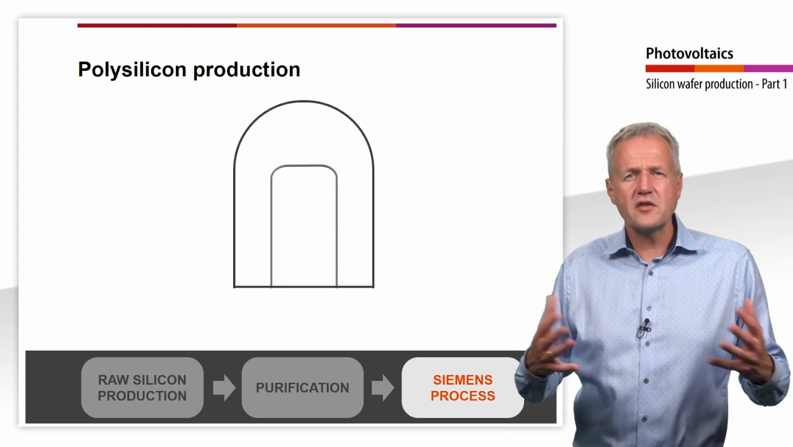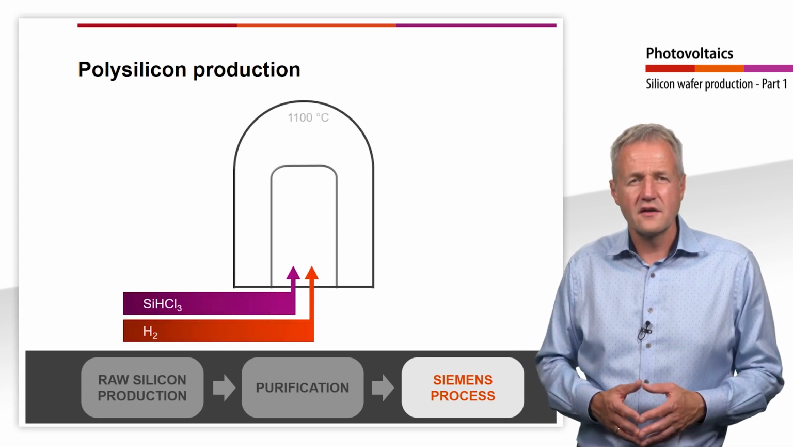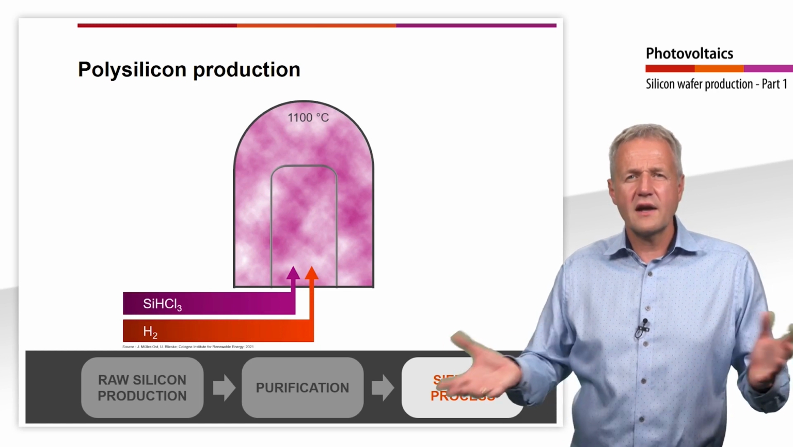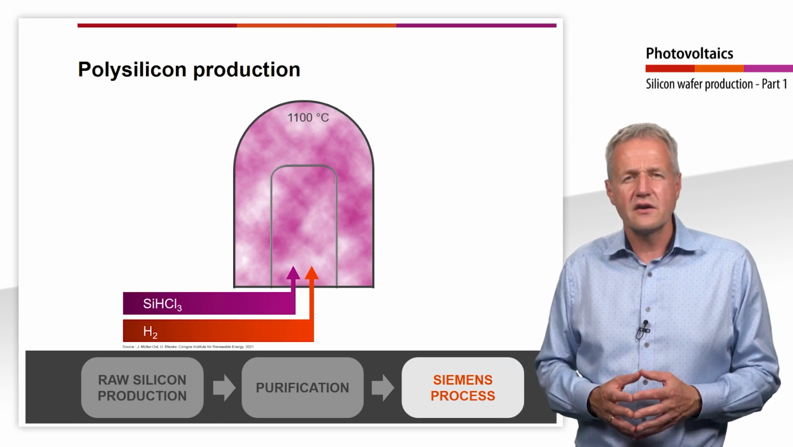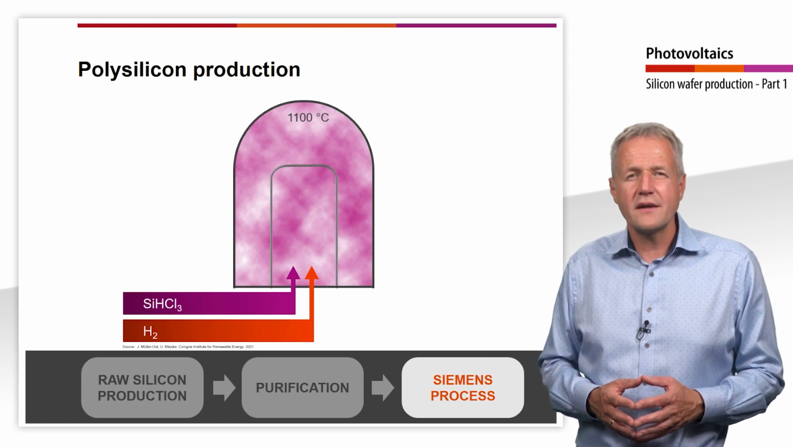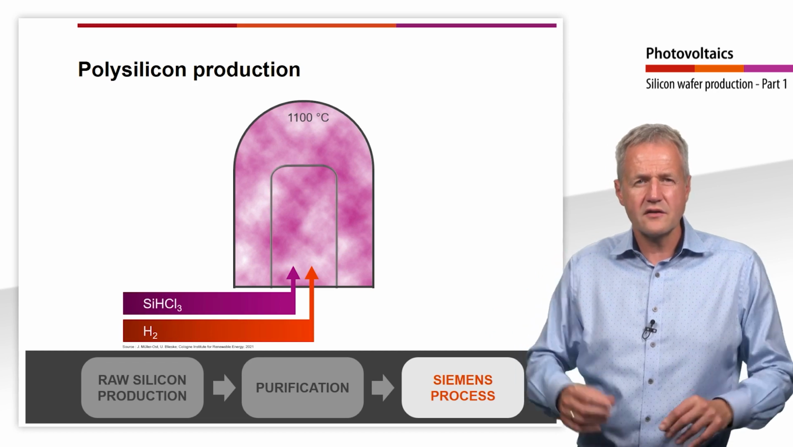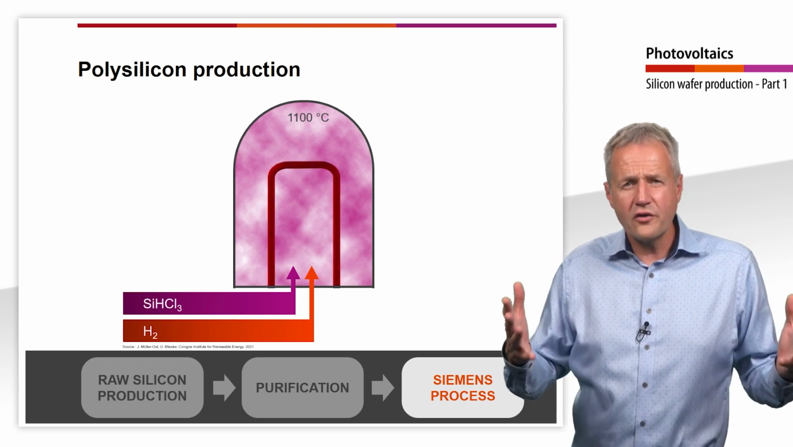The so-called Siemens process is usually used for this. The purified trichlorosilane is introduced together with hydrogen into a reactor, where it is heated to over 1000 degrees Celsius. The reactor contains two heated thin silicon rods. From the trichlorosilane,